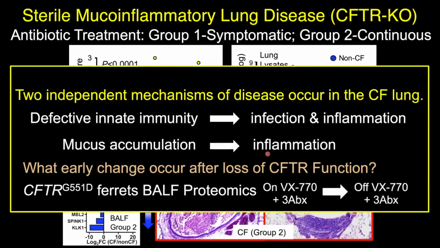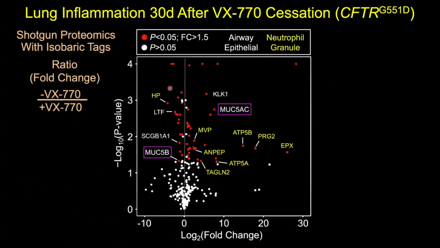So we asked, what are the early changes that occur following loss of CFTR using the G551D ferret model? And in this study, we maintained the ferrets on antibiotics to remove the secondary effects of bacterial infection and collected bronchoalveolar lavage while the animals were maintained on VX770 and then 30 days after removing it. Proteomics analysis using isobaric tags, with the ratio of the CF state divided by the non-CF state, which would